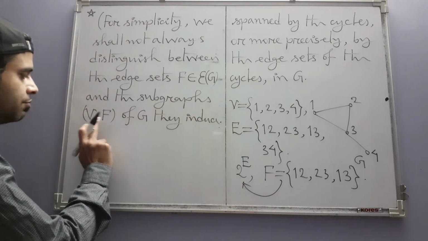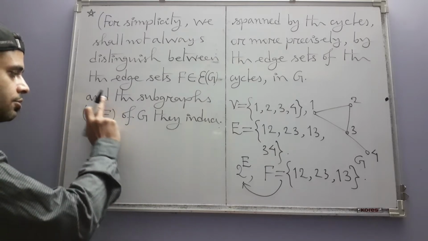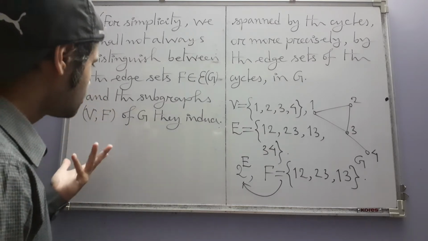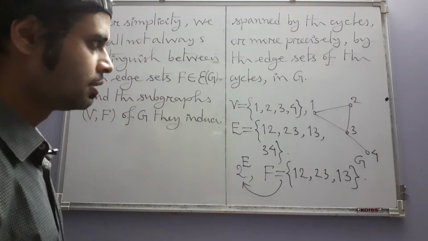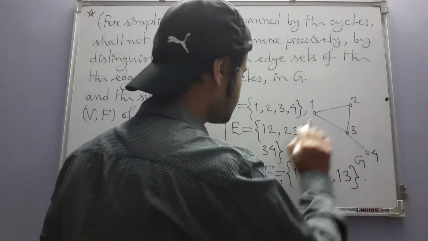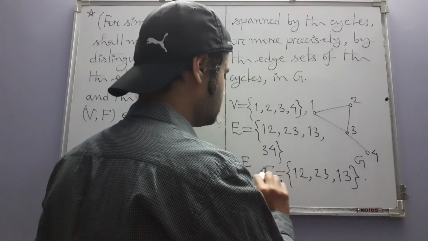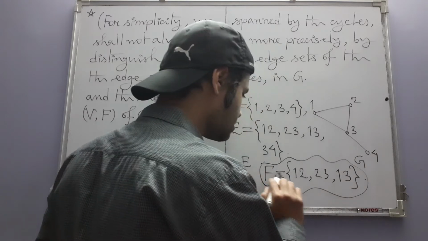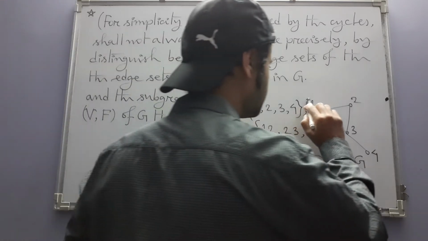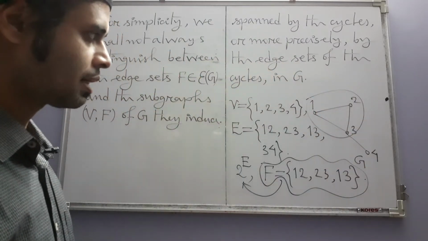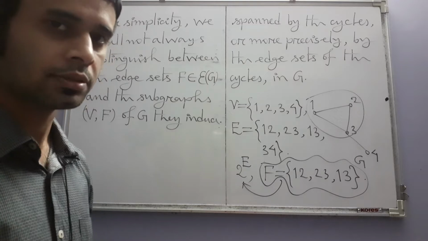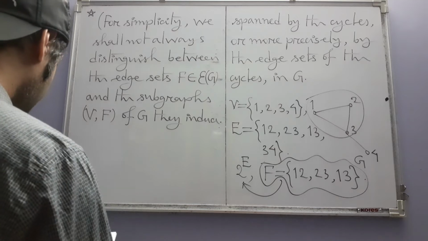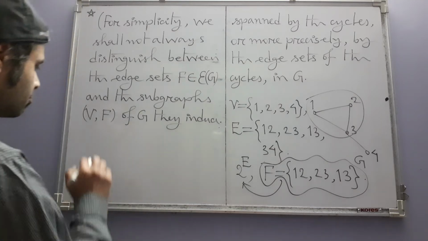And the subgraphs (V, F), I don't really know why the author is using this notation, but anyway, by this he means the subgraph of G induced by F. So what he is saying is that we will most often not really distinguish between this F, which is a set of edges, and the cycle itself, which is the subgraph of G that this F induces in the graph G. But sometimes we will make the distinction, when we wish to be more precise,